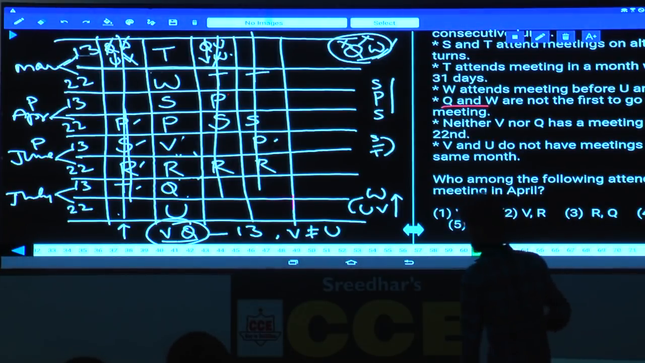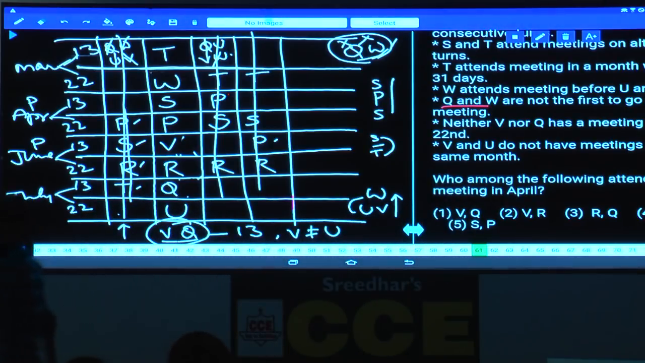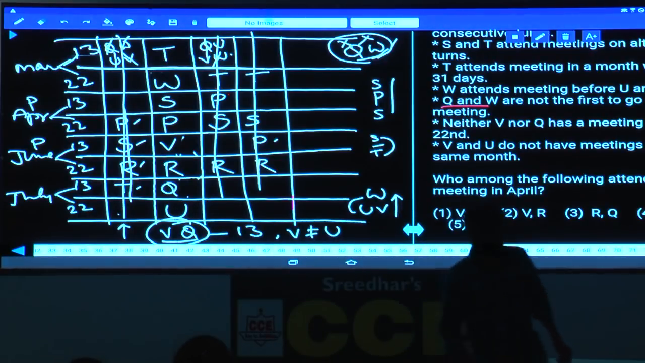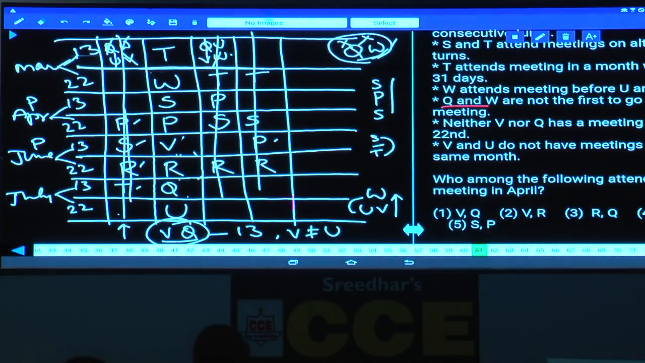And the next one is PO explanation. And the next is PO explanation. And paper number, what is the paper number here? Paper number is 12. Now